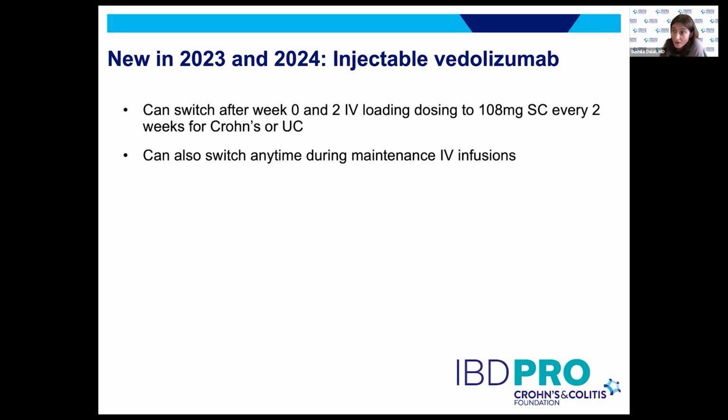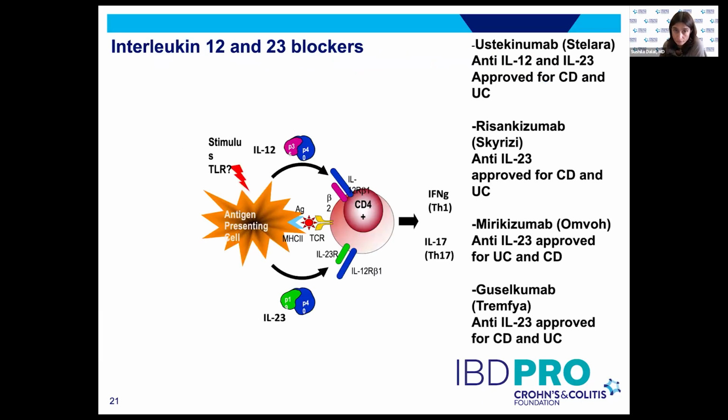I think one question is that there are patients on infusions at an interval that's different than every 8 weeks. We all have some patients that are on an every 6-week interval or an every 4-week interval, and we really don't know how to make that translation that well to the shots. So I would really caution switching from IV to shots if they're not on every 8-week dosing, because that's the transition that's been studied. And we really don't have as much information about what's the right injectable dose if they're on a Vedo dose that's not every 8 weeks. So just stay tuned for more information on that as we learn more about the injectable. Okay, so